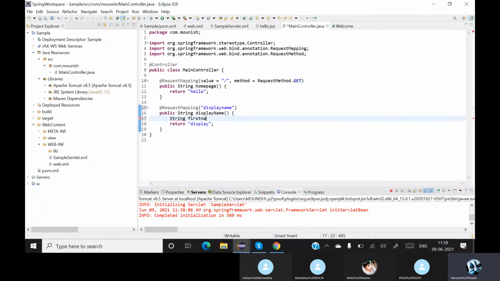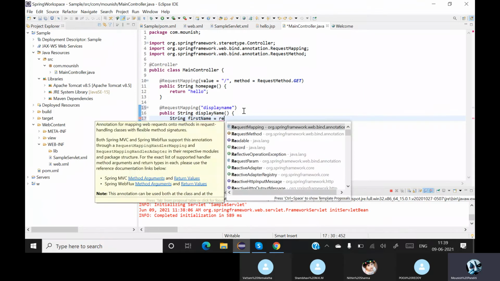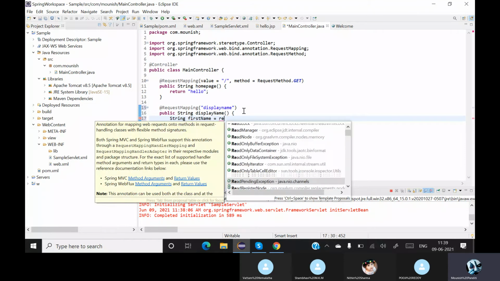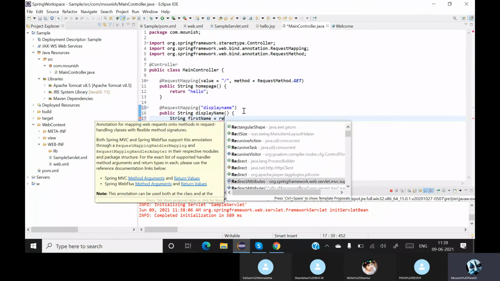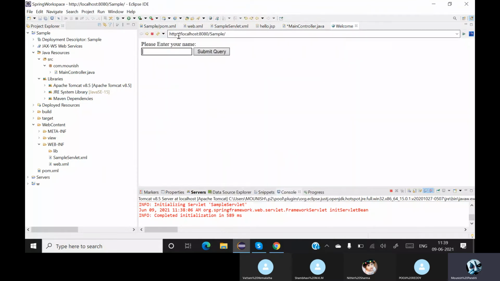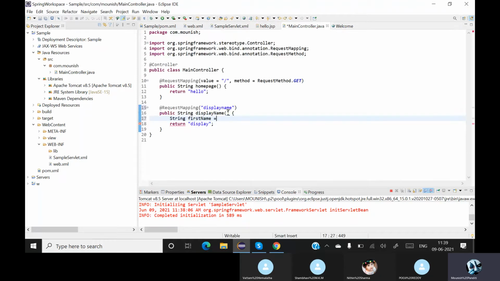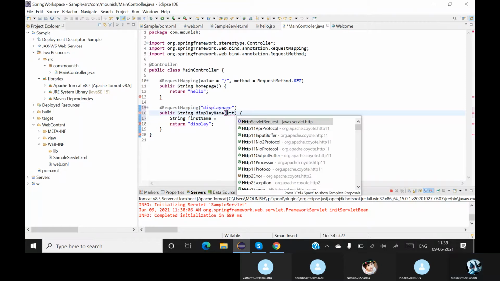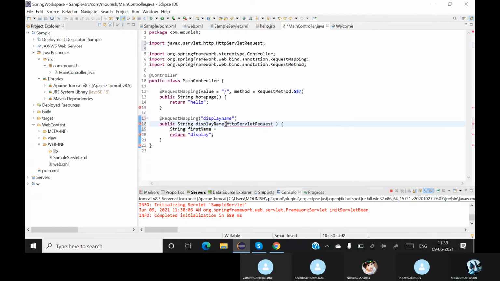and the name will be firstName, which is equal to a request. We are working on HTTP, so if you go over here, you can see that everything is HTTP. You need an object over here to get details from the particular website, and that website is HTTP type.